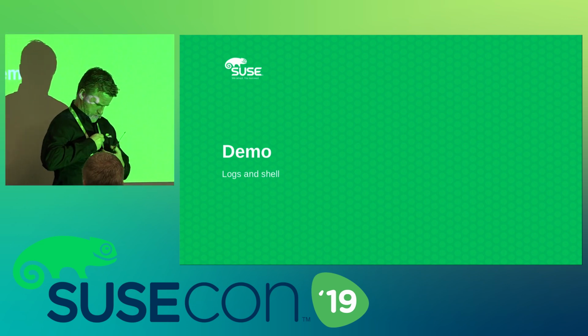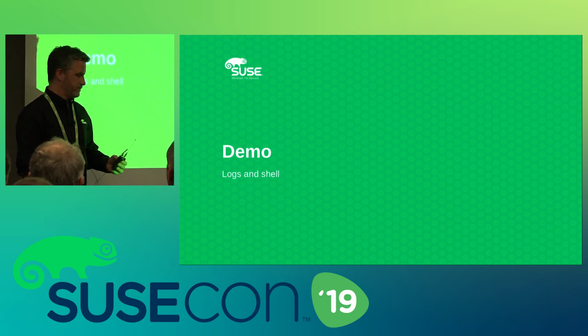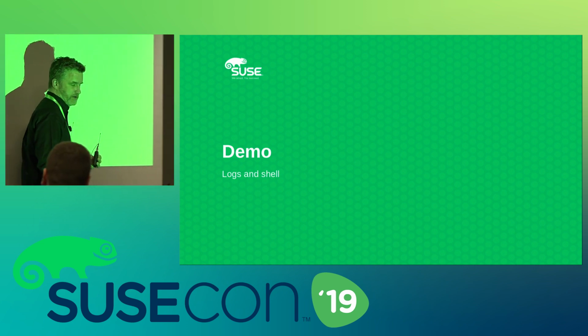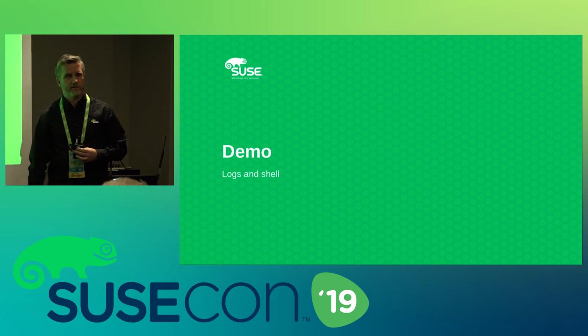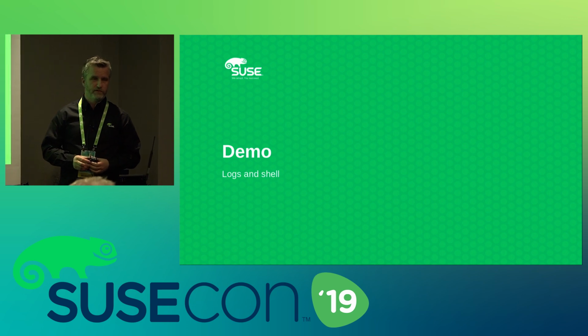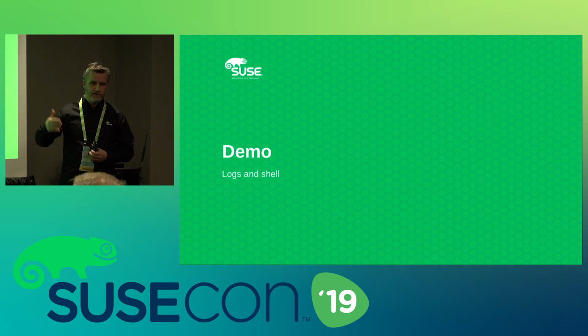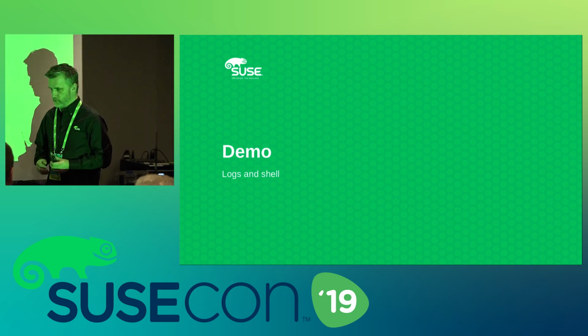Okay, we're going to talk a little bit about logging and why logging is important. Well, if you want to do troubleshooting of your application, you need some kind of logging. It's also part of something called the 12-factor application. And what is that? Well, it describes principles for how you should develop your code to make it portable and easy to change in the future, etc. So what I'm going to do now is show you a quick demo on how to look at the logs.